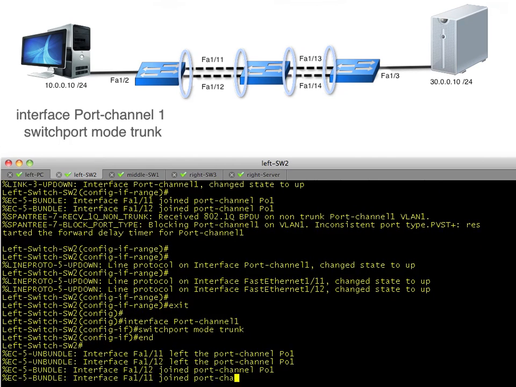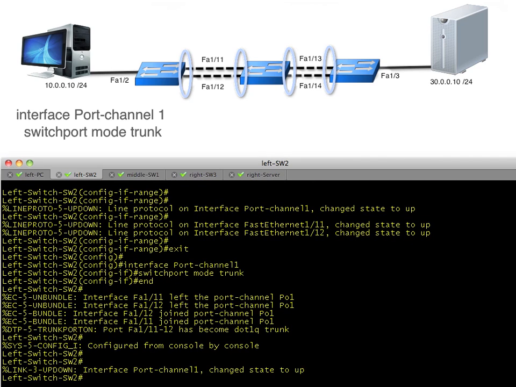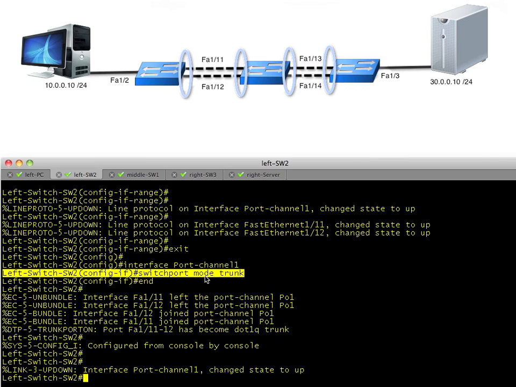So we've done two major things. Number 1, we've specified that the two interfaces belong to port channel 1. And number 2, we told port channel 1 that it's going to be a trunk. And that's it. Now the rest of this is configuring the other sides. So on switch 1 in the middle here, we'd have to configure these two ports and these two ports as port channel groups. We'll put these guys in port channel 1 and these guys in port channel 2. And then we'd also have to specify a port channel group for 13 and 14 over here on switch 3